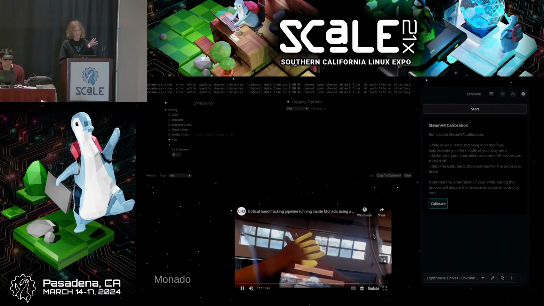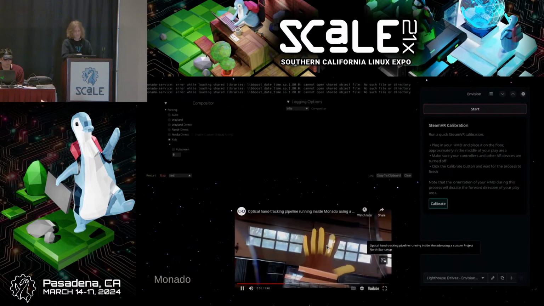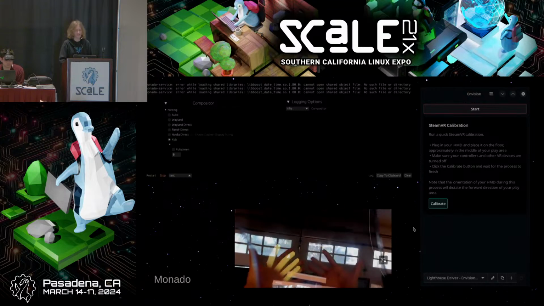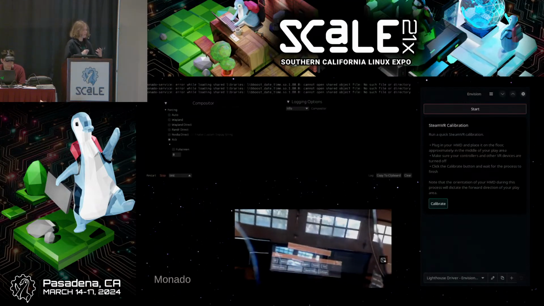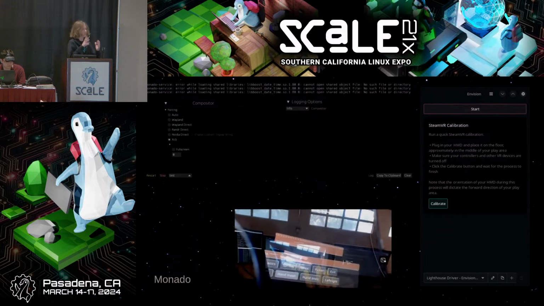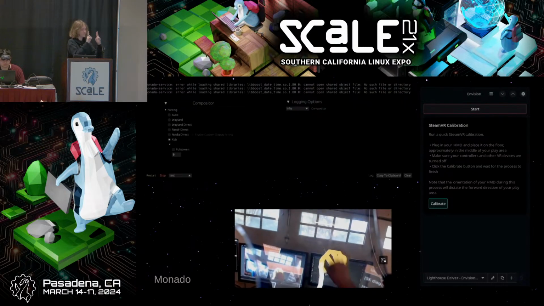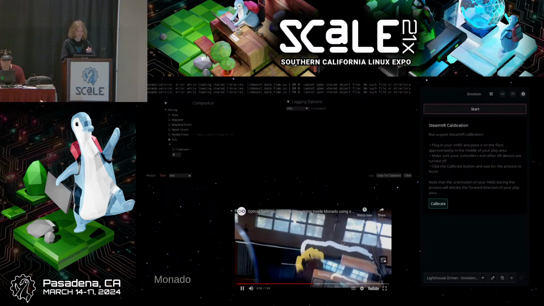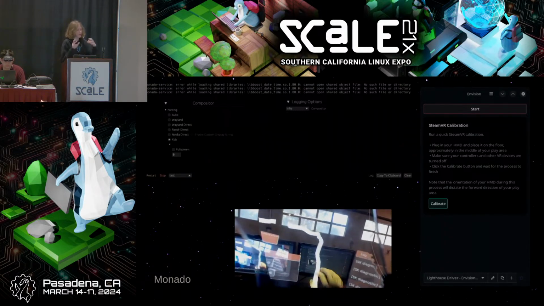So why am I telling you this? Well, because, see that right there? This is all running entirely on Linux. I created the initial driver for the North Star, and I also did the majority of the port of StereoKit to Linux. And that means that this developer, my friend Moshi, was actually able to use it to develop open source hand tracking.